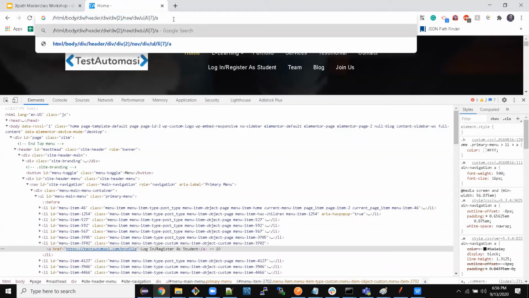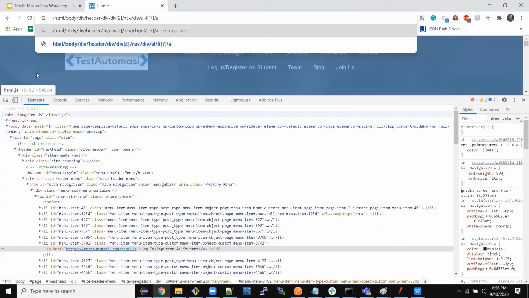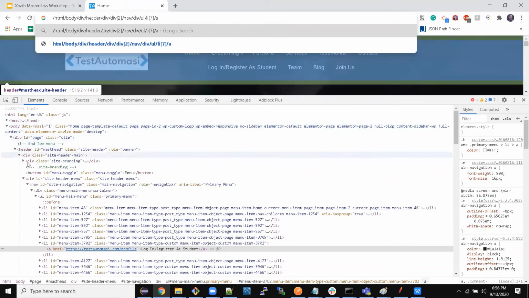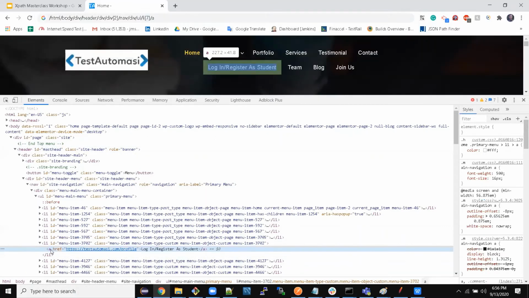In here, you visit every node on the way to the element which is present in this particular HTML DOM. You start from HTML, then you go into the body, then to the div, then the header, then the li, and you go to the exact location, and then finally you find this particular XPath.